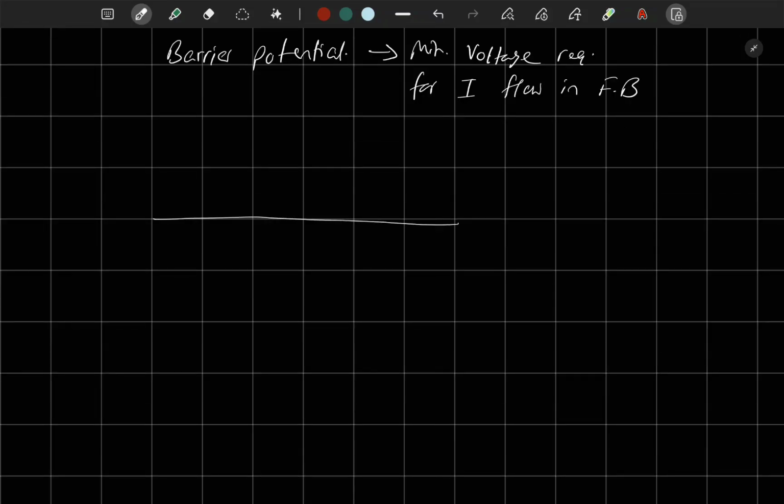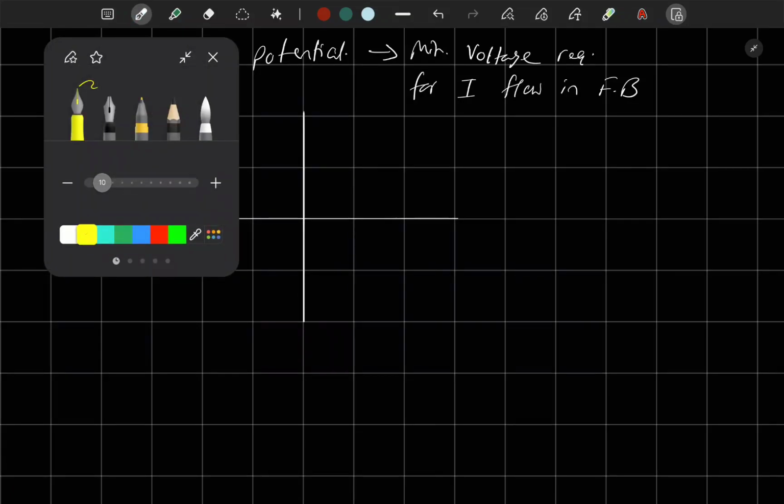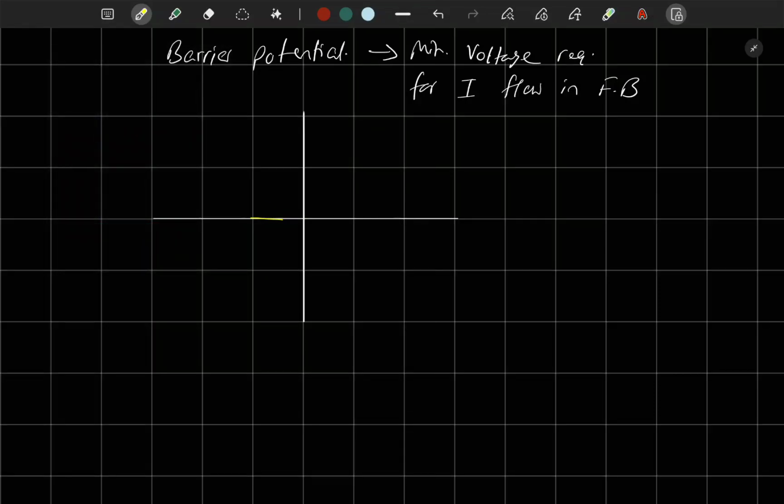Now if we draw a graph, it's going to be a bit different from the last one. This side will be the same, but now we have a barrier potential, so current will not flow until a certain voltage is reached. Usually, for silicon diodes, it is 0.7 volts, something around that. It will be a small voltage, but let's say here is our 0.7. Until this point, there will be no current flow, and then from here we have ideal conditions again. So this part is our barrier potential,